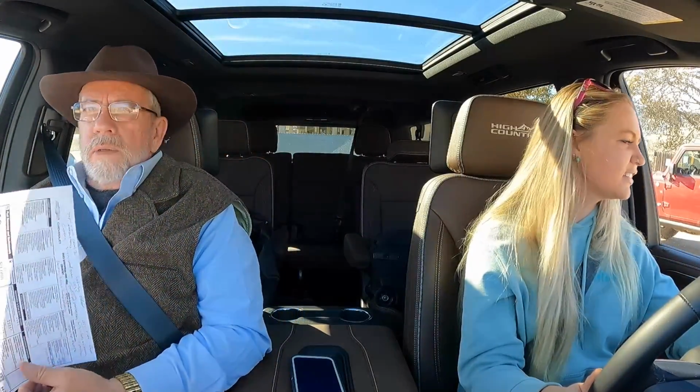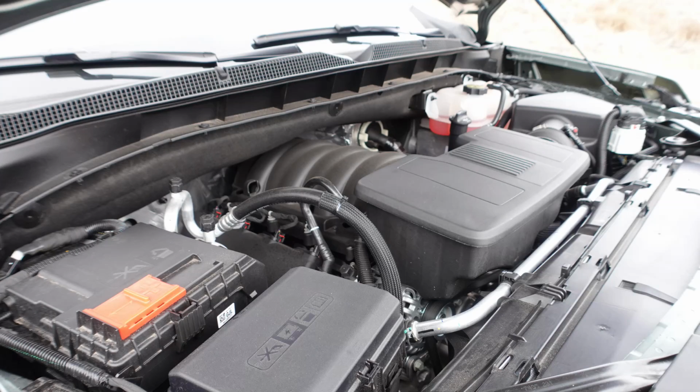High Country. This is their top of the line. This one's like $86,000. It's cheaper than that stupid electric piece of crap. Does it take a lot of gas? Yeah. Well, it says on the highway it gets 18, not with the trailer, of course. But this has got that wonderful engine, the